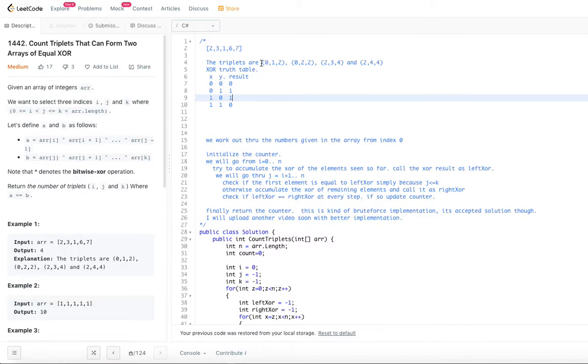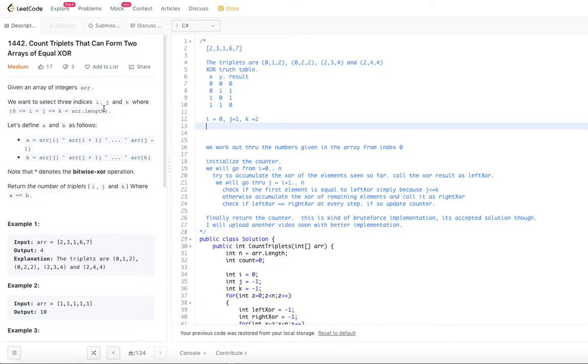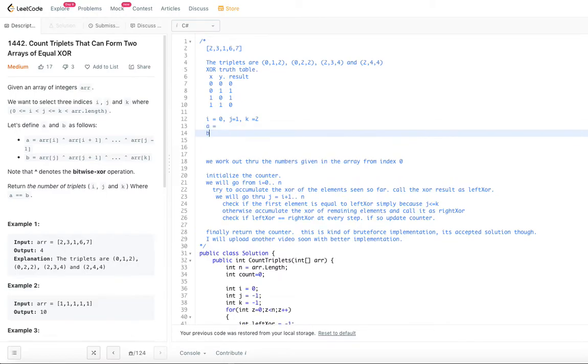So 0, 1, 2. That means i is equal to 0, j is equal to 1, k is equal to 2, right? That is what we need to understand from here, because we are looking for the triplets i, j and k. Now let's calculate A and let's calculate B. A is going from i till j minus 1.